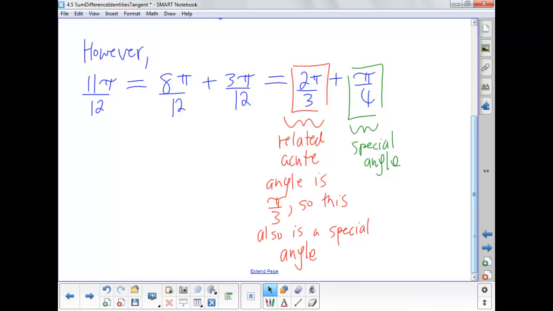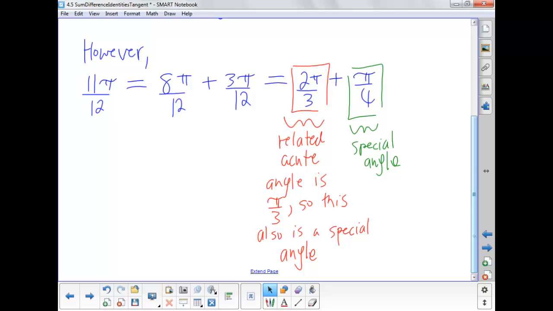Okay, so what we're going to be able to do here, and the reason this relates to this lesson, is I can take an angle like 11 pi over 12 and split it into a sum of two angles that actually add up to the same thing, but will allow me to do some exact calculations, whereas, say, 11 pi over 12 on its own would not. Okay, so we can use 2 pi over 3 plus pi over 4 and incorporate it into the sum identity